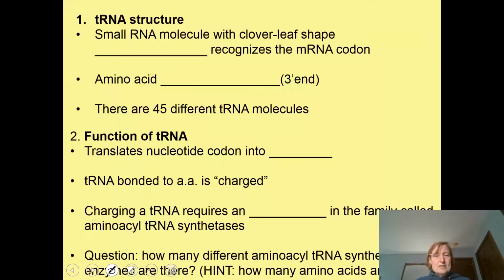All right, so let's fill in a few of these pieces here because we've already covered them. The tRNA molecule is a small RNA molecule with a clover leaf shape. The anticodon loop recognizes